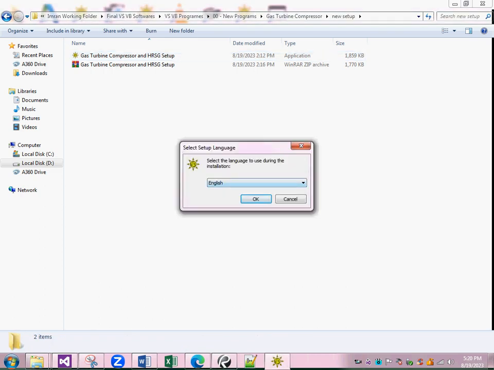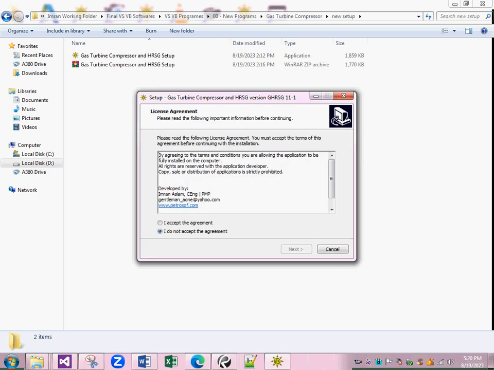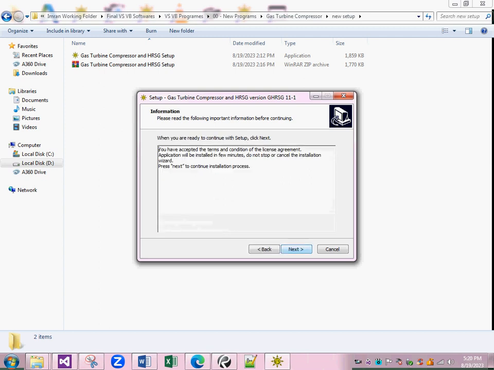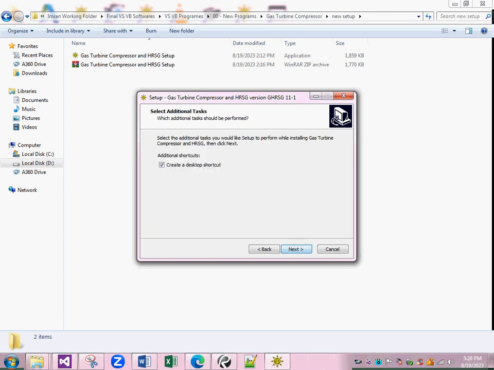From the language option, select the appropriate language and then press the OK button. It will take you to the license agreement window. Here select the option for accepting the agreement, and pressing the next button will take you to the information window. Again here press the next button, which will take you to the option where it is asking to create a desktop